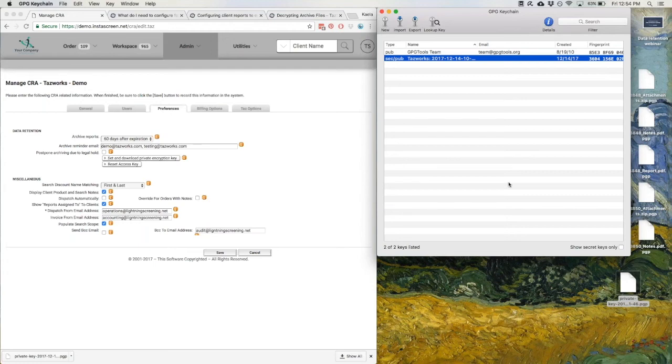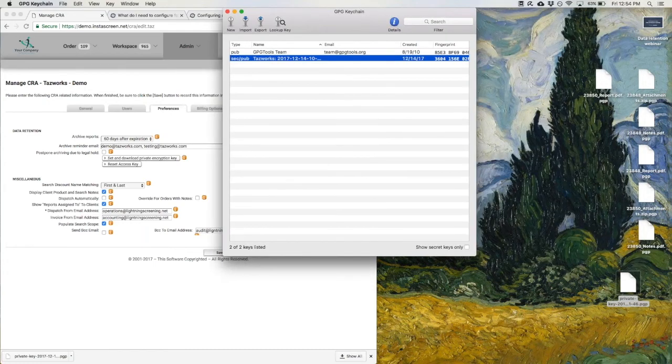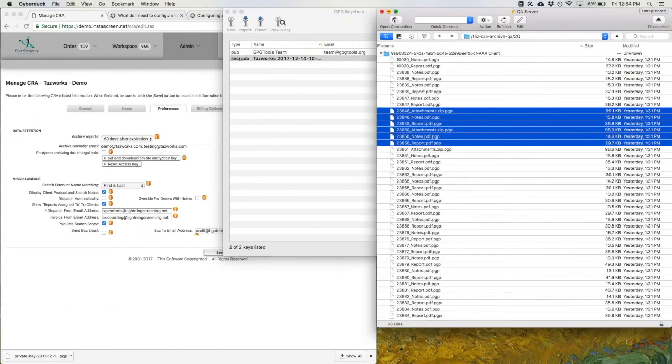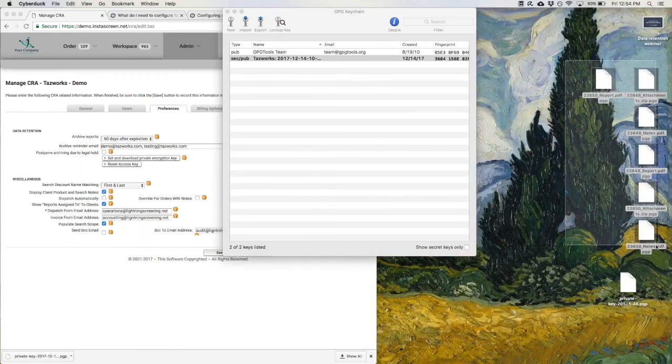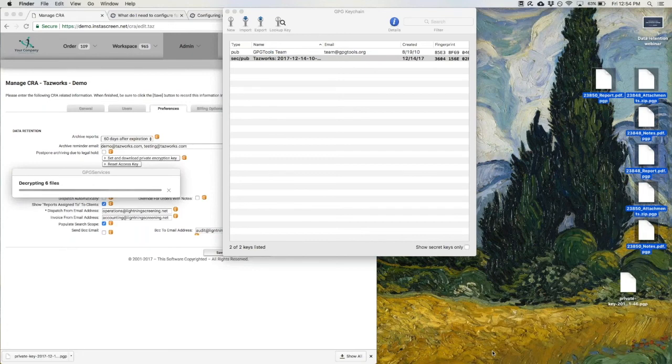So I'm going to go in now. I'm going to open up CyberDuck again. And actually, no, I already downloaded the files. So what I'm going to do is try to decrypt all these files. You can decrypt all in a batch, same as you would with downloading. And you go to services here, and you're going to say OpenPGP and decrypt file. And when I do that,